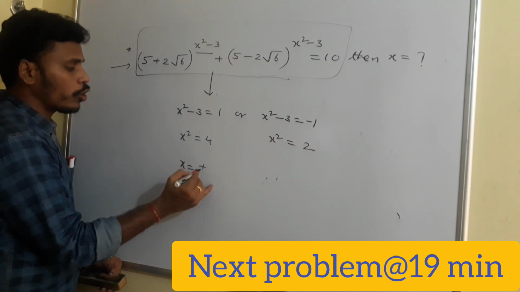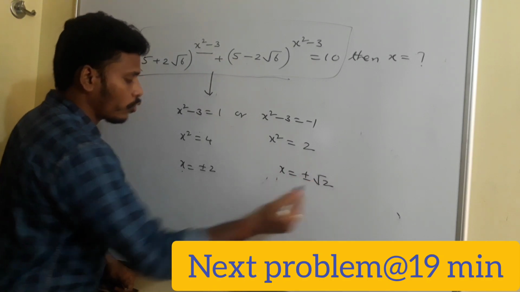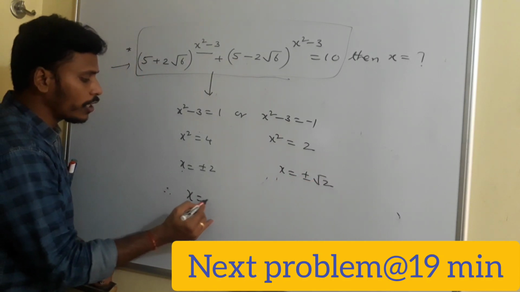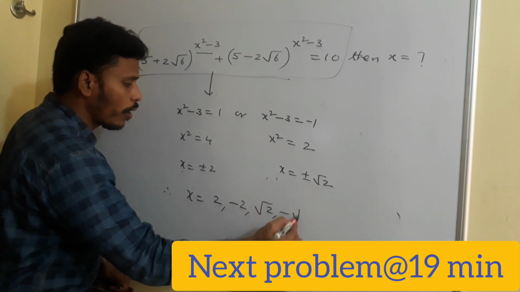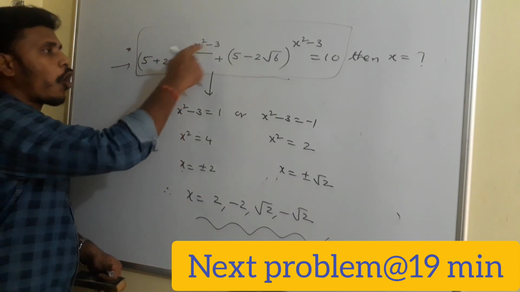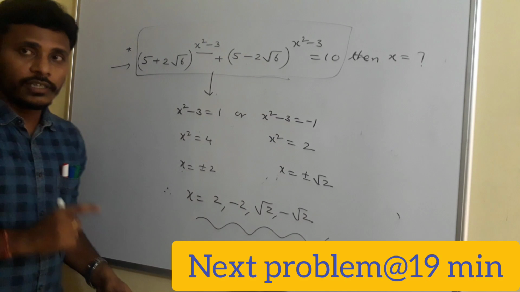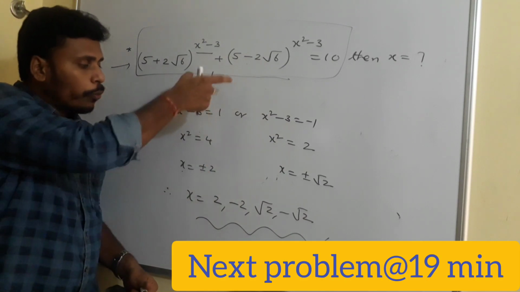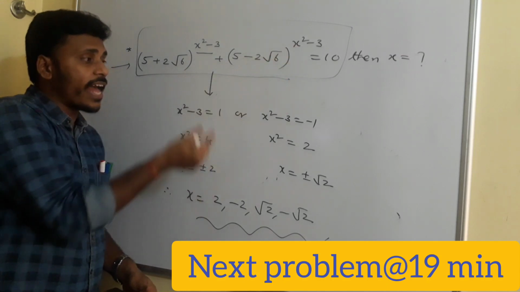From there x is equal to plus or minus 2, and from here x is equal to plus or minus root 2. At the end, the possibilities for x are 2, minus 2, root 2, minus root 2. You may choose any one among these four, and all these four values satisfy the given relation. Is it clear? To proceed in such a manner, to consider the power x square minus 3 as 1 or minus 1,